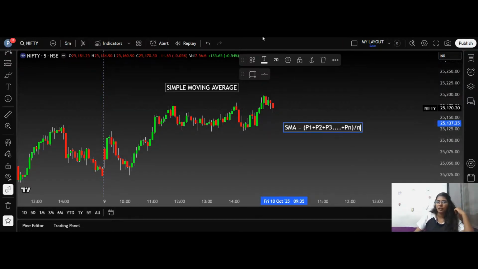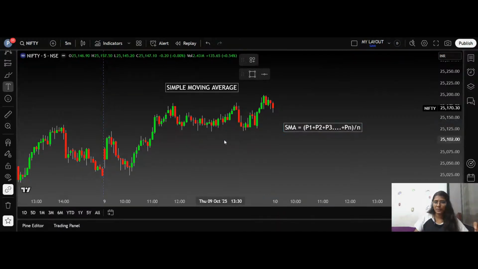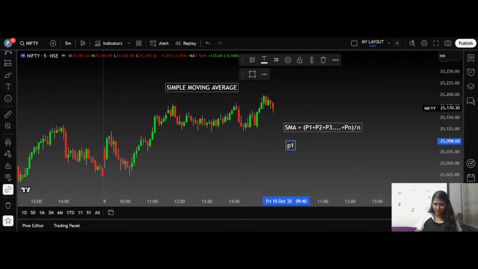So this is the formula for an SMA, which is nothing but a simple moving average: P1 plus P2 plus P3 up to Pn divided by n, which is the same as a simple average that we saw for numbers. But the question is, what are these P1, P2, Pn, and what is this small letter n? So these P1, P2, P3 up to Pn